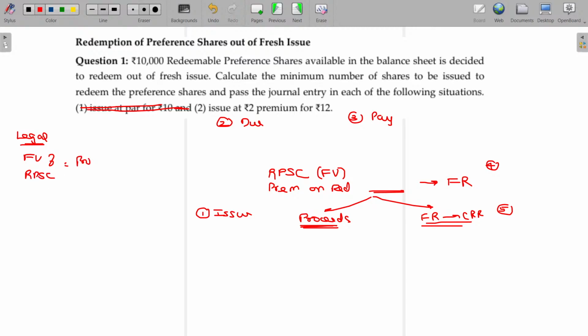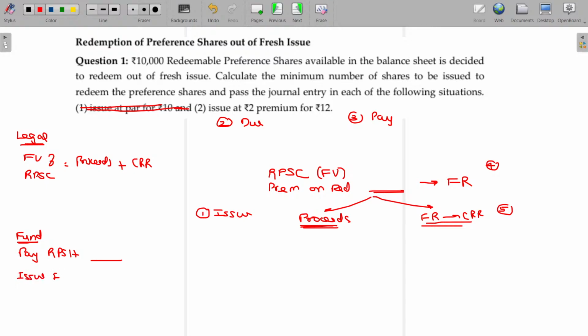Should be equal to proceeds and CRR created. Then fund requirement, payment to redeemable preference shareholders, where